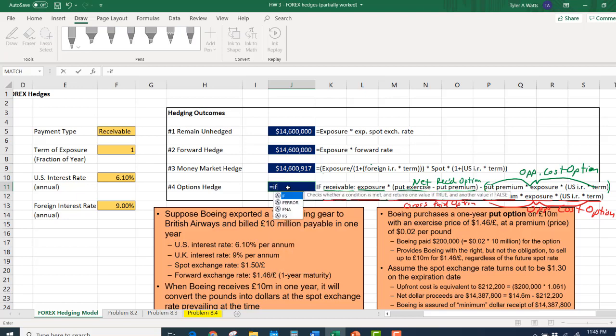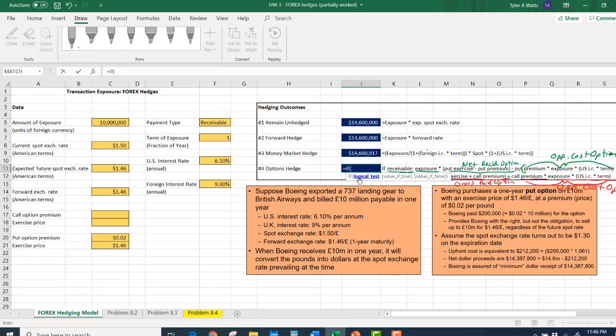Now we're going to run an if function. If the logical test component is if the content of F5, so we're just going to click on F5, equals the word, and notice that this has to be within quotation marks, "receivable", comma, value if true. If that's true, we're going to run this top line here. So what is that? Exposure, that's the 10 million pounds, times, now again note the importance of the parentheses here, the put exercise price, that's down here 146, minus the put premium, so there's our net received after the option, minus then the opportunity cost component, which is going to be the put premium,